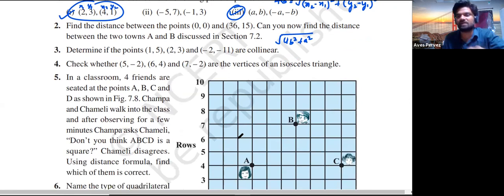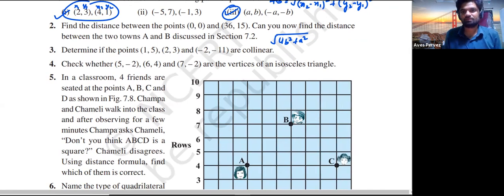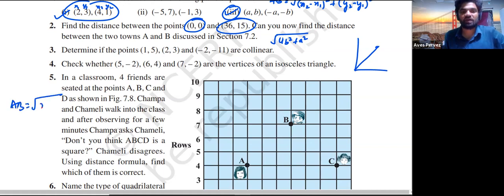So first of all, we need to calculate the distance between these 2 points. I have told you that when we have simple coordinates, where one coordinate is the origin, we are calculating the distance of a point from the origin. So we have the simple formula that AB will be equal to under root of x square plus y square. We need to calculate the square of this one, and then the square of this one. That's very easy.